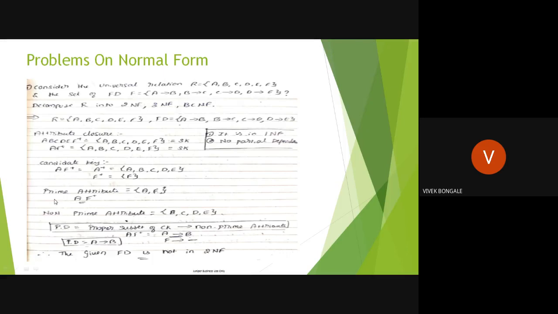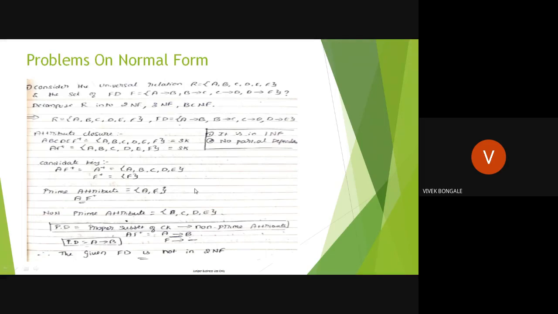In the given example, A and F, these two attributes are participating in the candidate key, right? A and F. Apart from A and F, we have B, C, D, E, these four attributes. So if A and F are prime attributes, it means B, C, D, E are the non-prime attributes. So in this table, we have non-prime attributes B, C, D, E. Okay, till here it is common. You are trying to find out the minimal set, right? Whether the given functional dependency is minimal or not. Till here, you go into your previous example, you are solving till here.